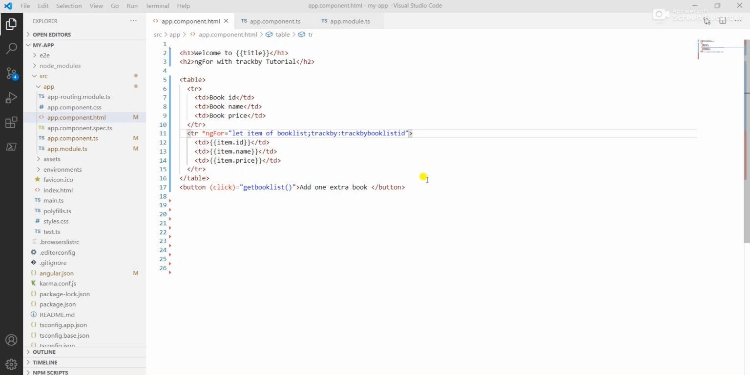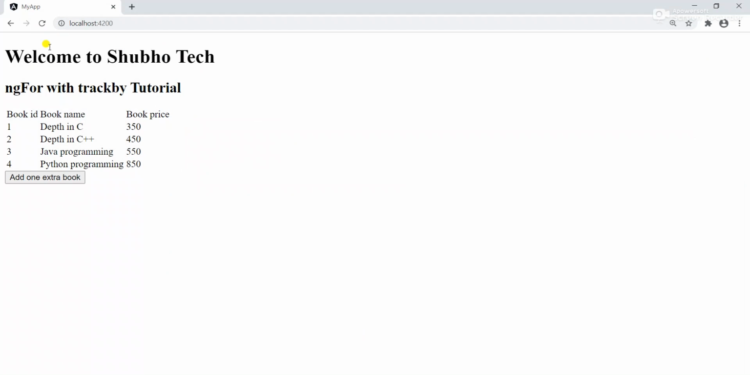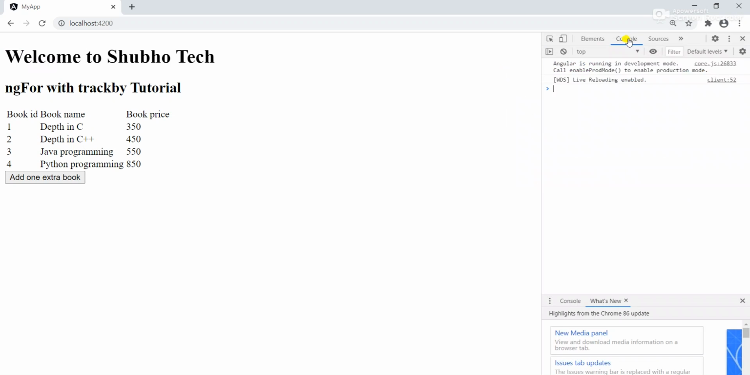Now I show you the practical difference between not using trackBy and using trackBy. First I delete this. So if I go to the browser, we see that all of it is available. If I want to inspect it and go to the console,